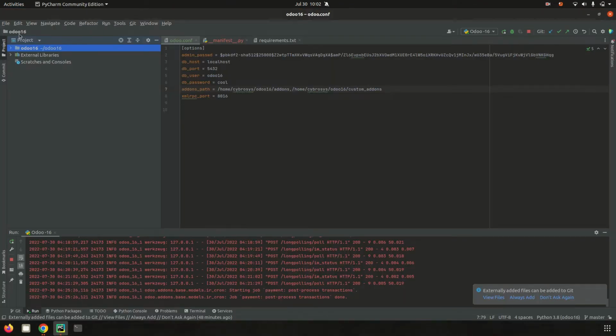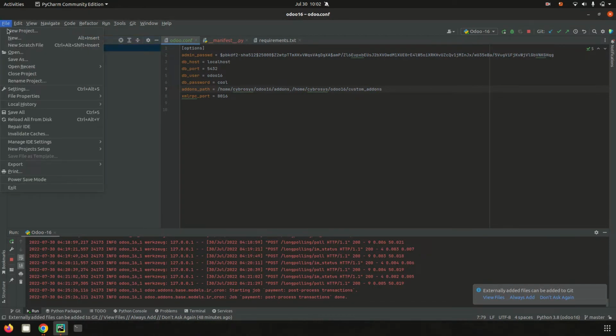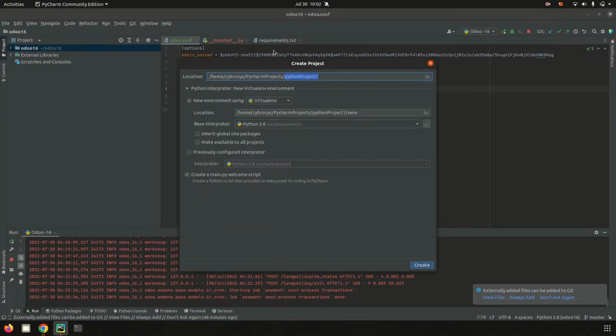In PyCharm, let's check how we can configure a project. Go to File and then add a new project, and then here we can choose the location. I'm choosing the location of my home Cybrosys folder under the PyCharm projects as a Python project 1. That means I'm giving its name as Python project 1, and then we can choose its environment using